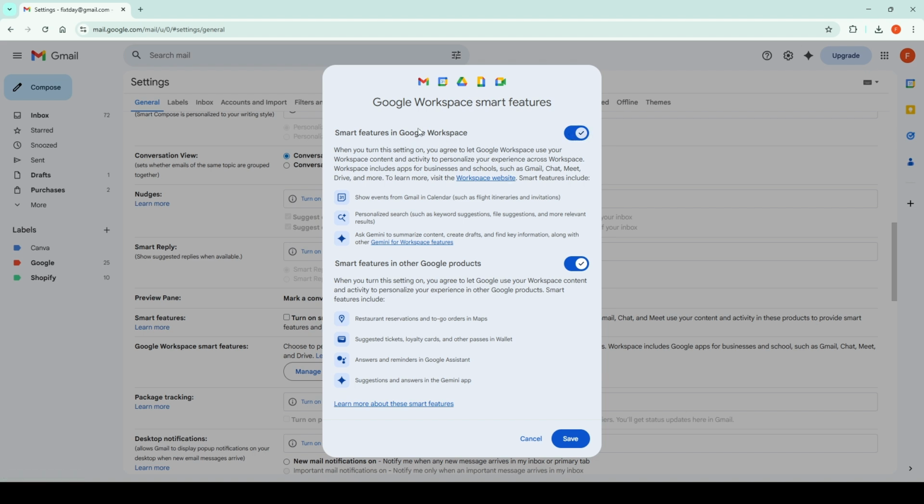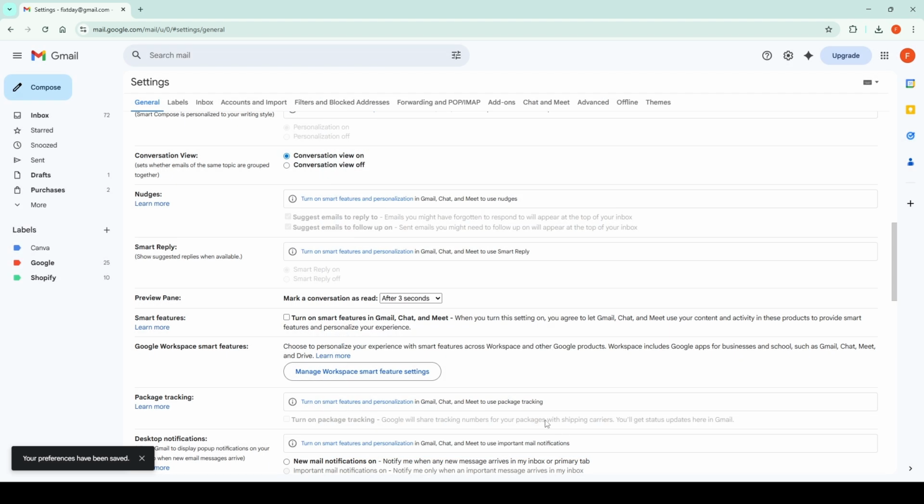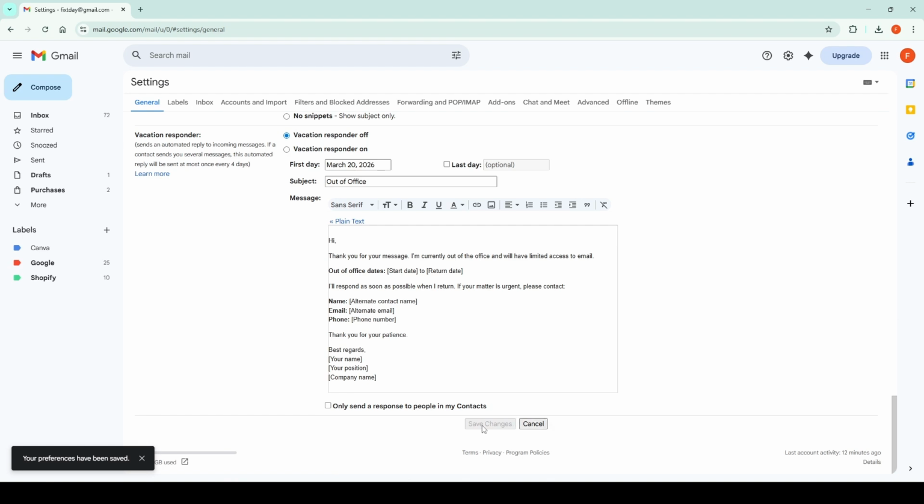Inside this window, uncheck the box for Smart Features in Google Workspace. If you want to further limit personalization, you can also uncheck the option for smart features in other Google products. Once you've made your selections, click Done or Save in the pop-up window to confirm. Then scroll all the way down to the bottom of the General tab and click Save Changes to apply everything